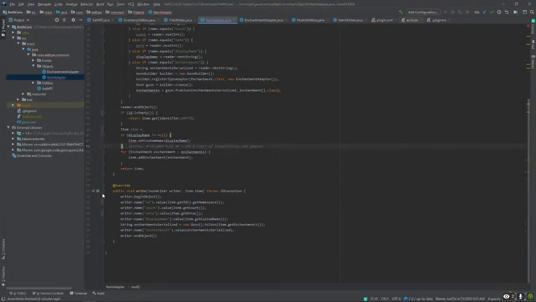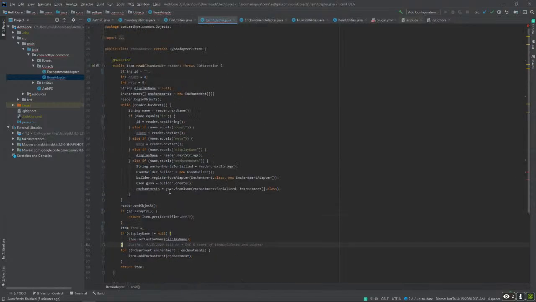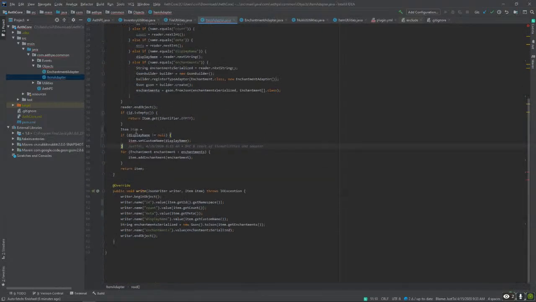Alright, so that's that already. Item.set custom name display name.